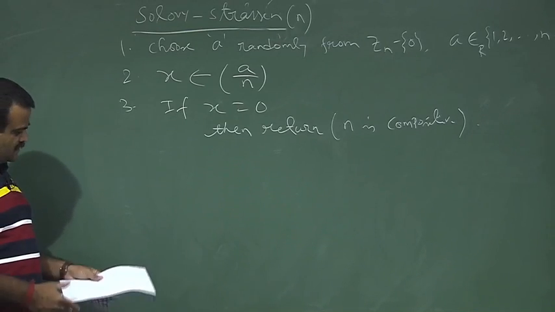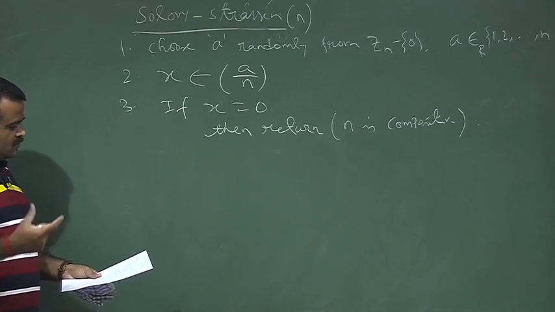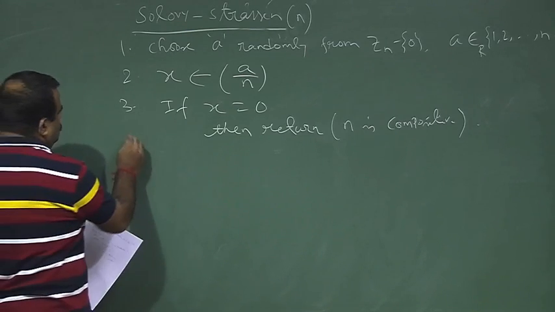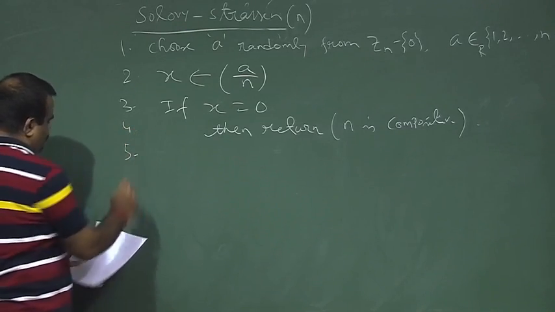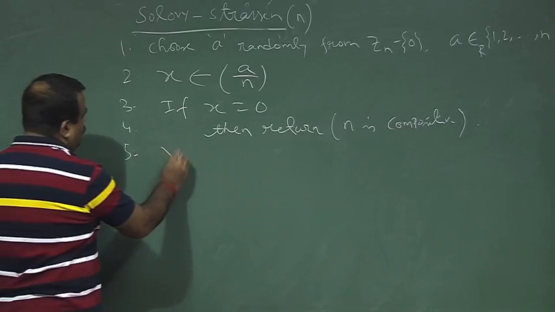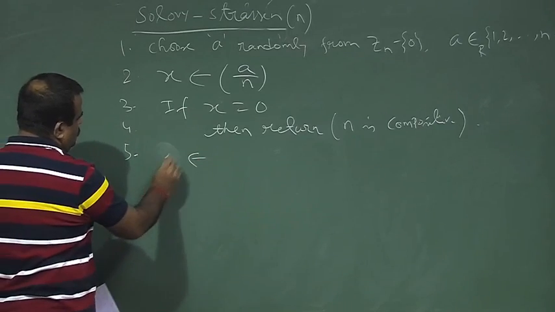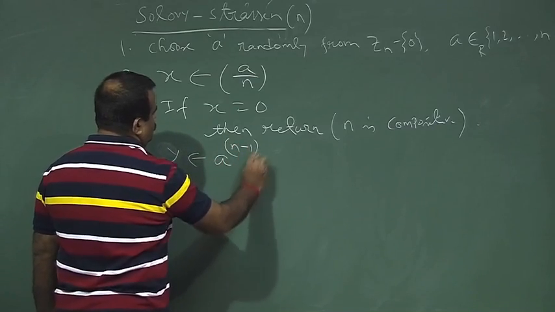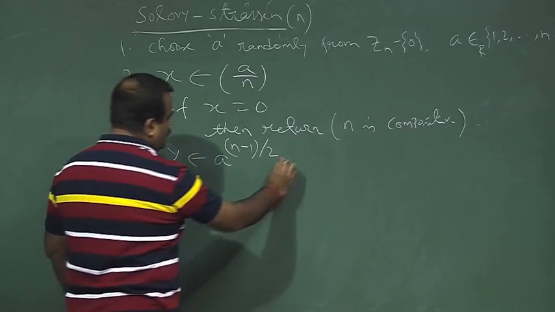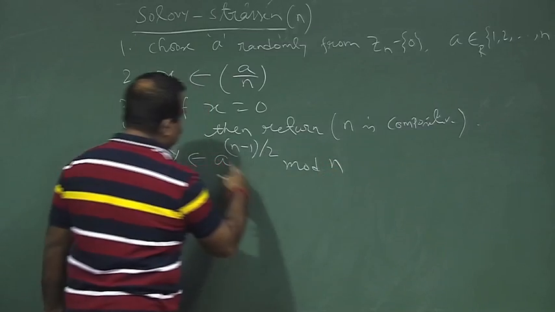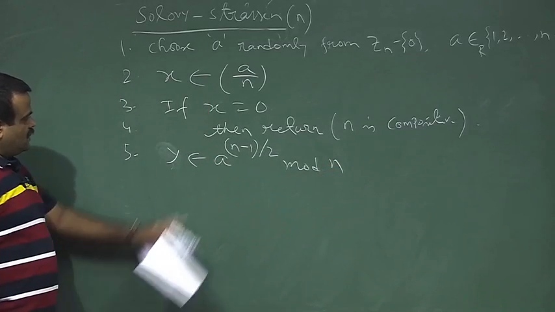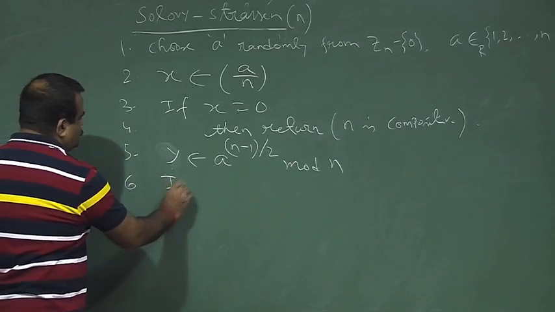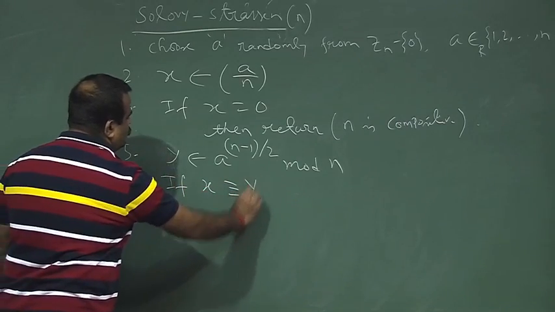So, then it is a composite number. So, n has a factor, that is a. Now we compute Euler's criterion: y is basically a to the power (n minus 1)/2 mod n. This can be calculated using fast exponentiation. And now, if x is congruent to y mod n,